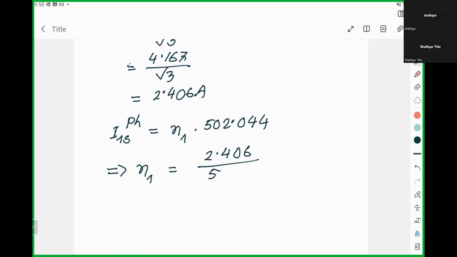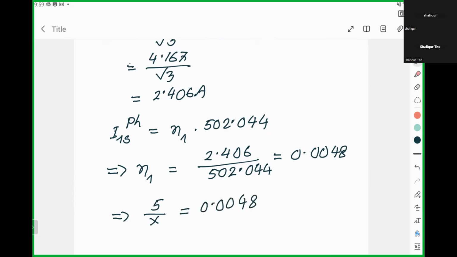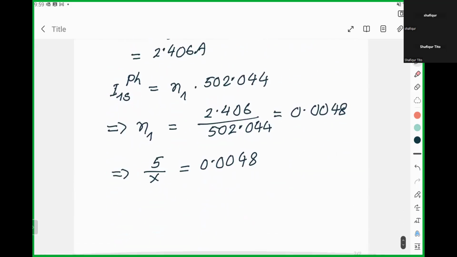So from here, I can find out N1 is equal to 2.406 divided by 502.044. That will be 0.0048, and that can be written as 5 divided by x should be equal to 0.0048, and we can find out the ratio here. X is equal to 1041.67,